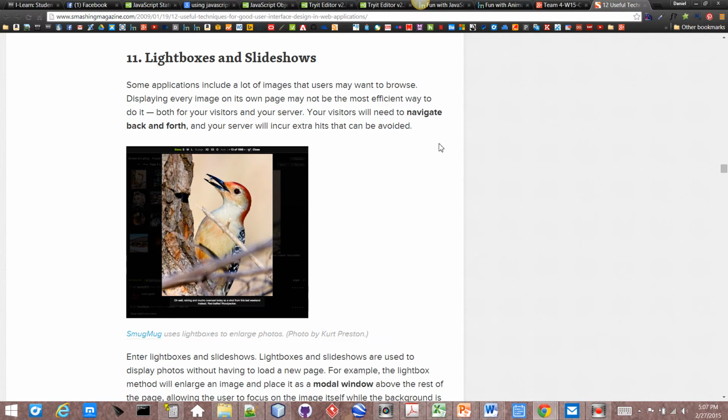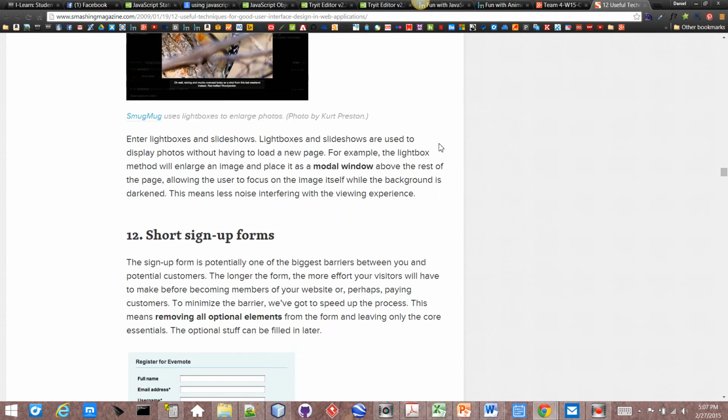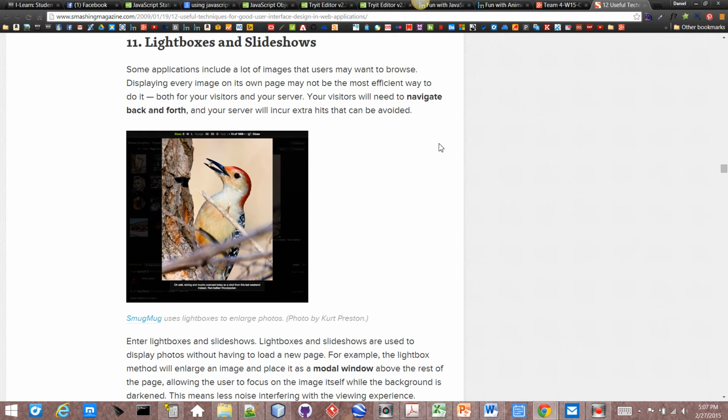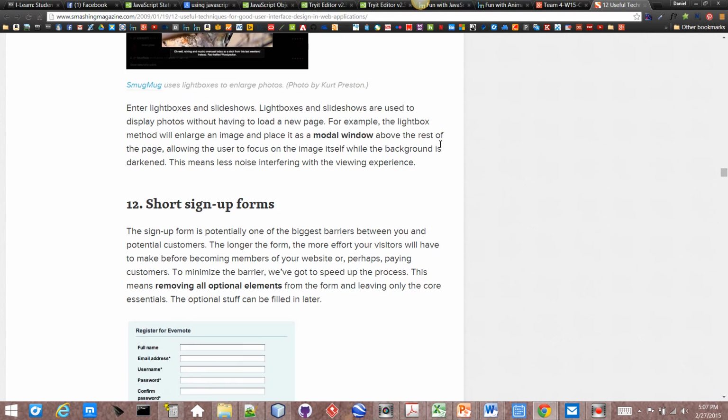For photographs, which I don't think is going to apply to us, using slideshows and light boxes. We could consider this for looking at a series of recurring events in a certain category. Maybe we could use a slideshow type thing in a light box setting. And then